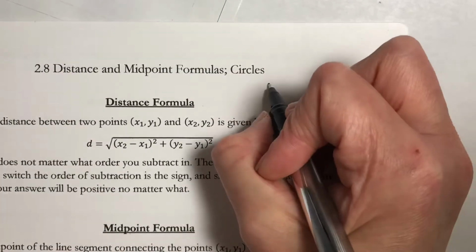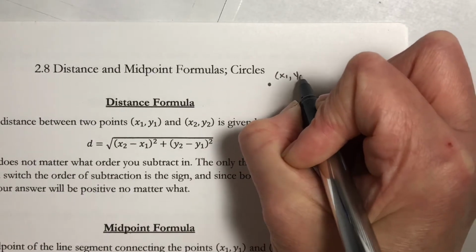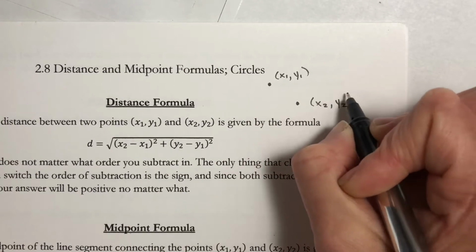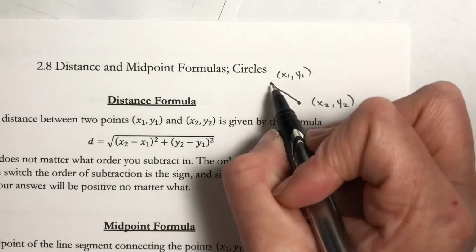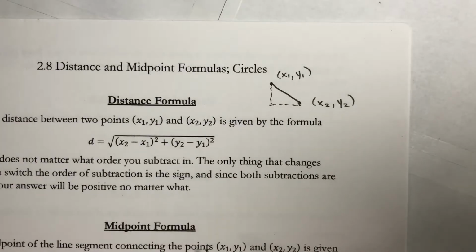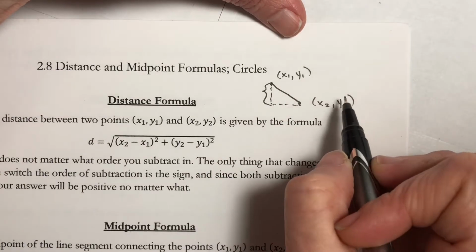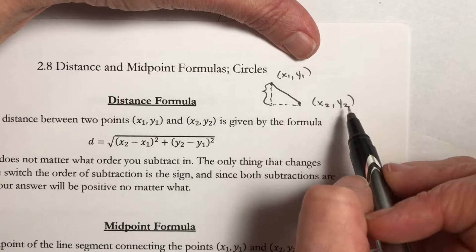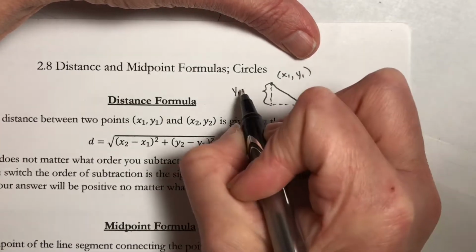Okay, so let's say I just have 2 points right here. This one's x1, y1, and this one is x2, y2. And I want to find the distance here. Well, I can always turn this into a right triangle, like this. Now, if I want to find out how far this is, then I would take my y values and I would subtract them, okay? So the way I have it written now, my y1 is the larger value, so that would be y1 minus y2,